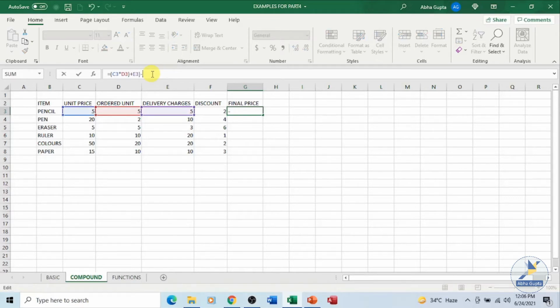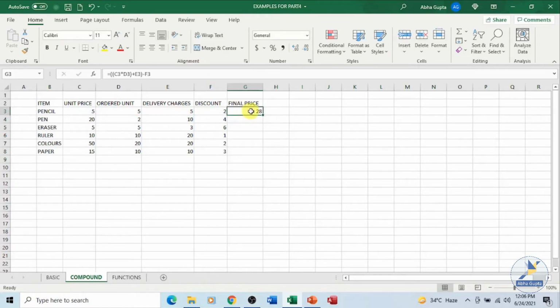The discount is in F3, and to balance the parenthesis, let's place one parenthesis over here as per the rules of arithmetic so that we get the correct answer, and press the enter key. You can see over here 5 into 5, 25 plus 5 rupees delivery charges, that is 30 rupees, minus 2, that is 28. The same can be calculated for these as well.